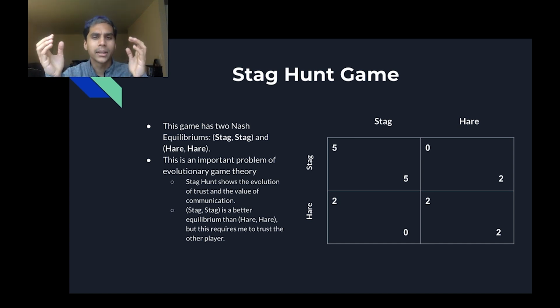And I love that story more than the prisoner's dilemma's moral, which is just like, people doing what's in their best interest leads to disastrous outcomes. That's just dystopian future. But the Stag Hunt game shows us a future where people trusting and communicating to each other, opening their hearts to one another, that's how we win. That's how we get the best possible outcome. And that's sort of the theme I want to go for this presentation, is how can we achieve the mathematically optimal outcome by pursuing trust and communication and justice and fairness.